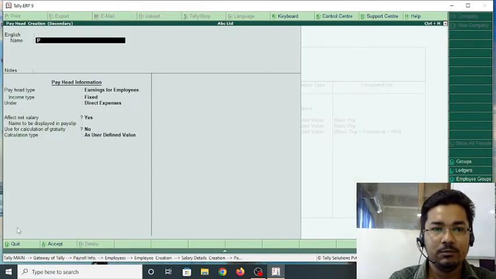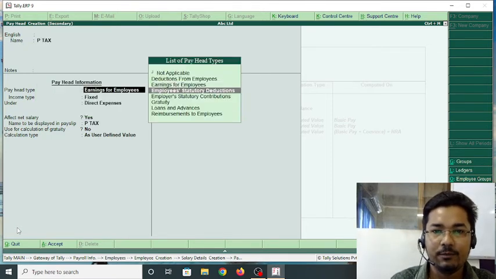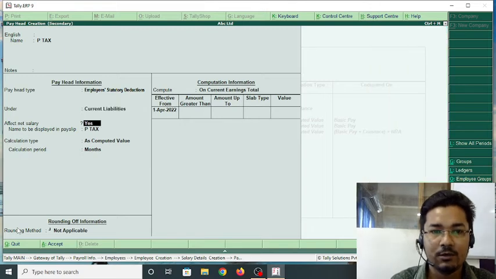And then also P-tax, which will be employee statutory deduction, current liability, and this is normal monthly.